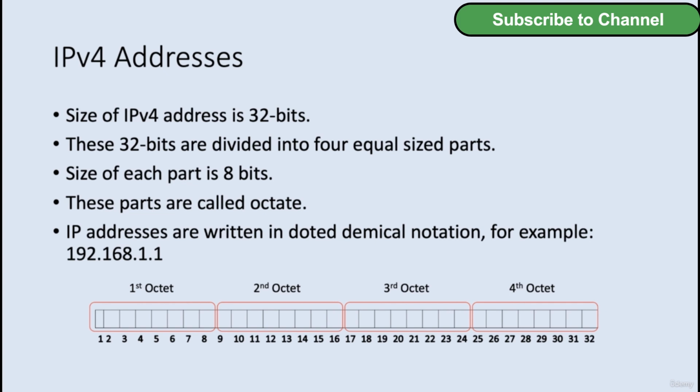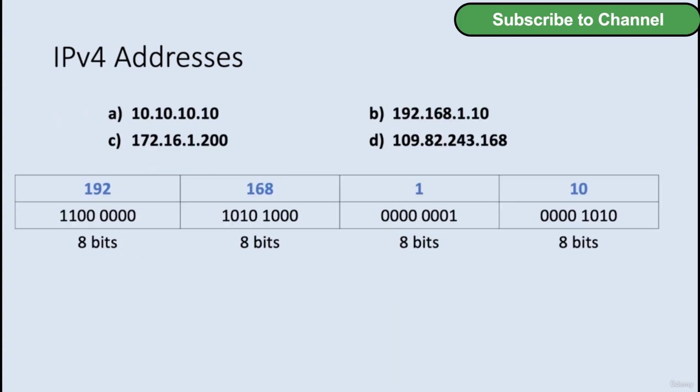Look at this example. The numbers are in decimal format and different parts are separated using the dot sign. You know, we human beings are more comfortable using decimal numbers while computers use binary numbers. In subsequent slides, we will learn how to convert a decimal number into binary and a binary number into decimal. In this slide, 4 examples of IP addresses are written: A, B, C and D. In the table below, example B is repeated, which is